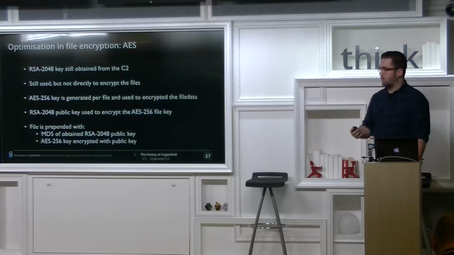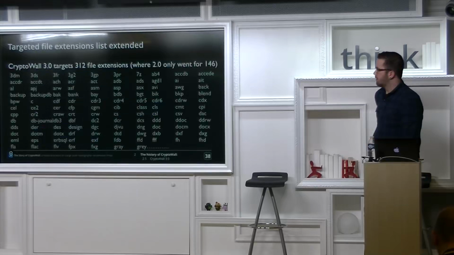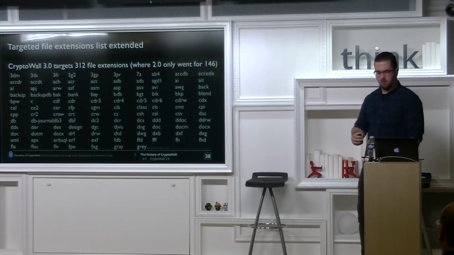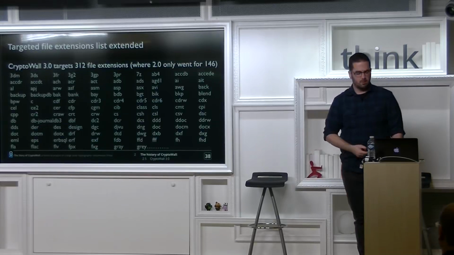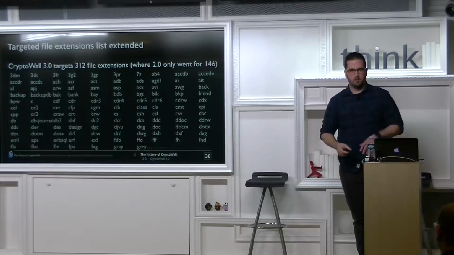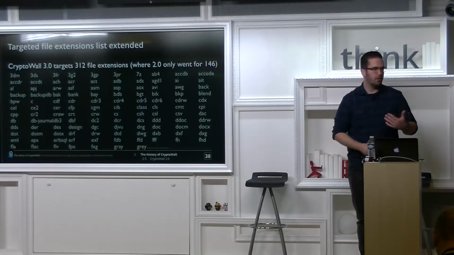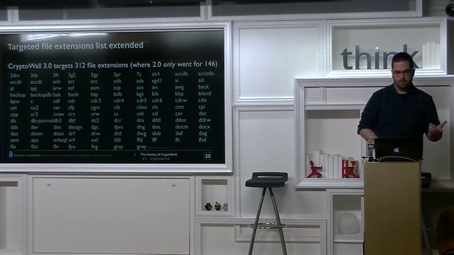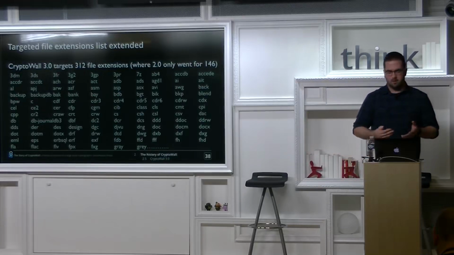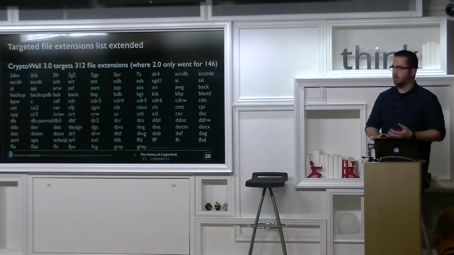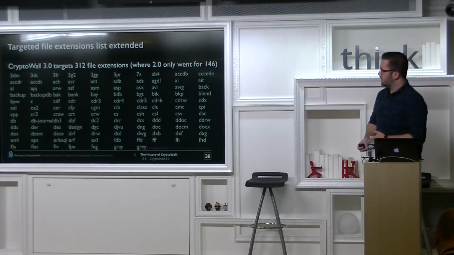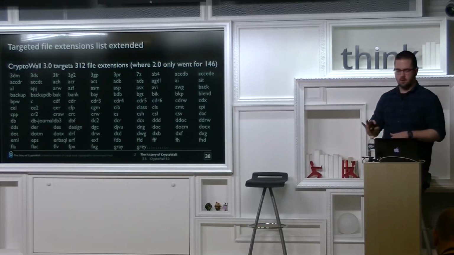And they also expanded their list of targets. So 312 instead of the 146 they have had since the beginning. There were a lot of obscure files, a lot of stuff for photography, so raw files for photographs, a bunch of design documents, some programming files, C, PHP, ASP, also some backup DBs, SQLite databases, that kind of stuff. These were all in their target list now. They were expanding.